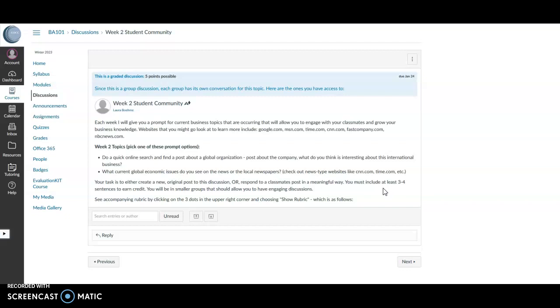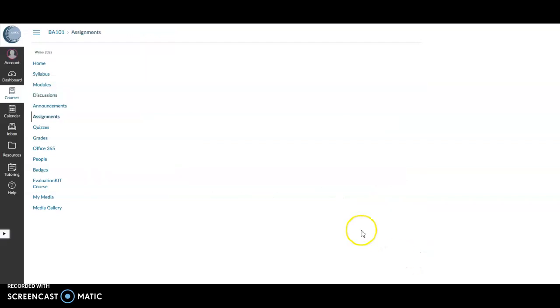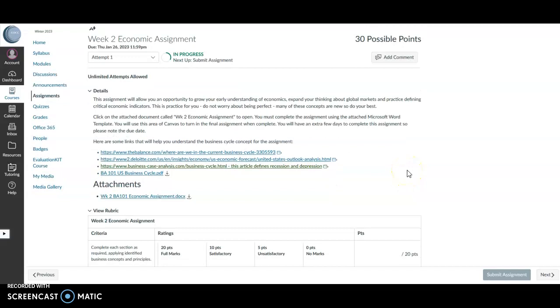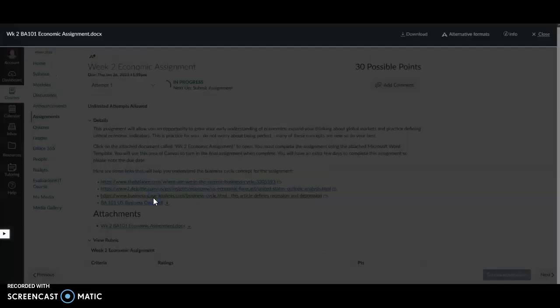to engage in this. And then the next assignment, which is the one that's going to take a little bit longer, but this is one you have extra time. It's due a couple days after your other assignments, so January 26th, and it'll allow you to grow your knowledge of economic indicators. And so there's some information you can review, but essentially you're going to click on the document,